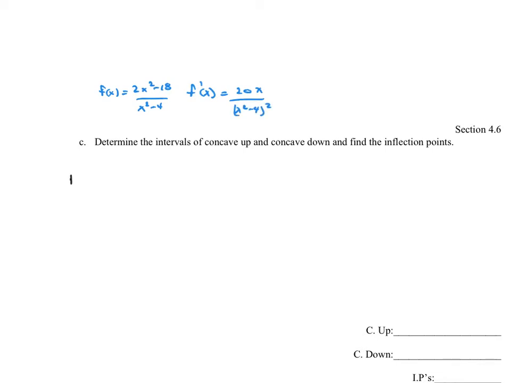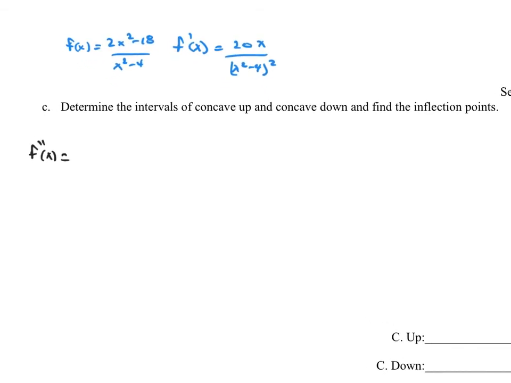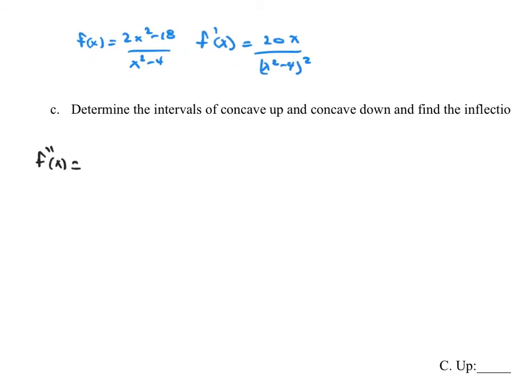So what does this allow us to do? This allows us to analyze the second derivative. Let's find that second derivative. How are we going to do that? Well, we're going to have to use the quotient rule, also the chain rule, but let's start with the quotient